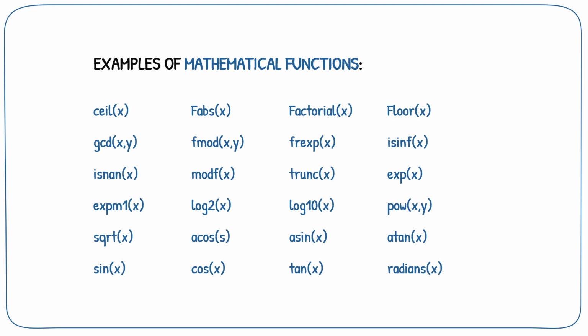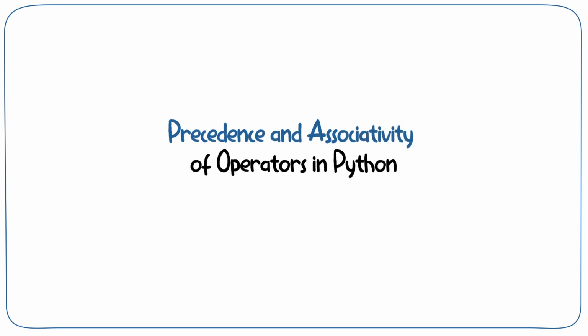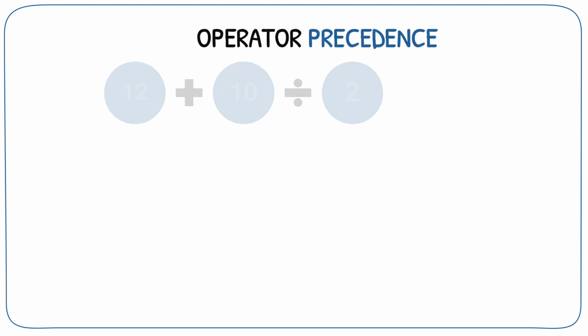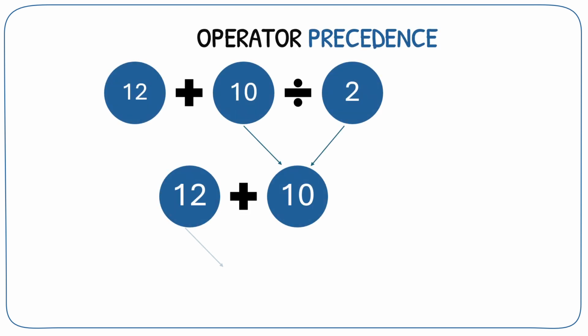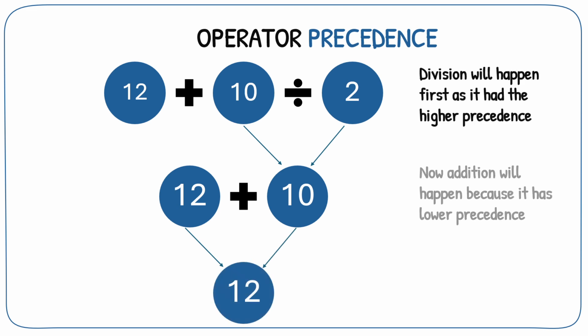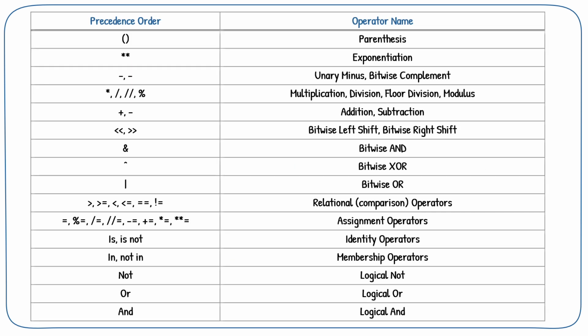Now the question is, if we find more than one operator in an expression, then what should be the order of their interpretation? Here comes the theory of precedence and associativity of operators in Python. In the given table, you can look at the order in which Python executes the operators. This is called the order of precedence. And if an expression contains operators which are in the same row of the order of precedence, then we go from left to right. That is, the operator on the left will be executed first. This is called the order of associativity.